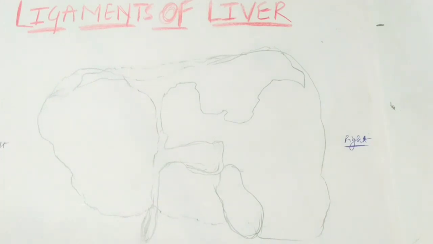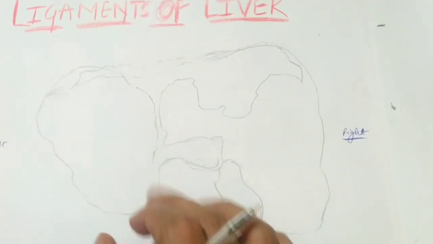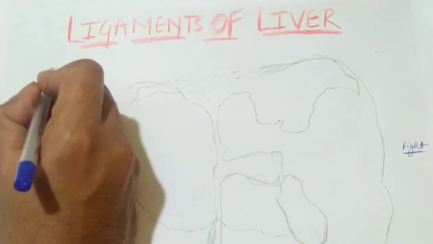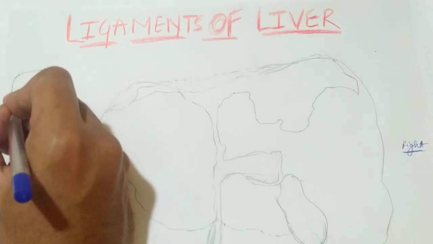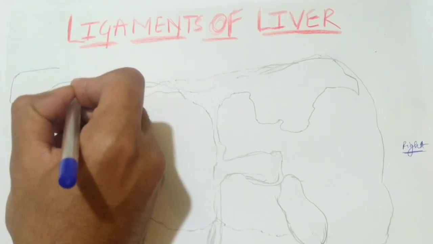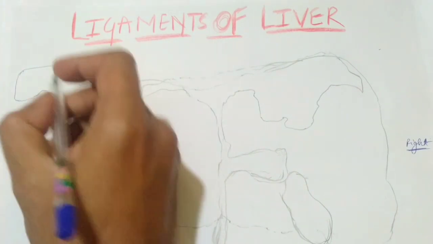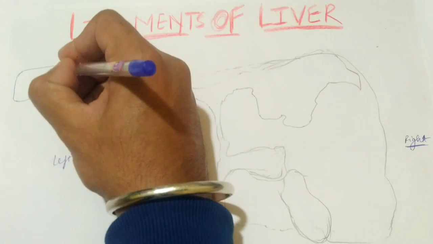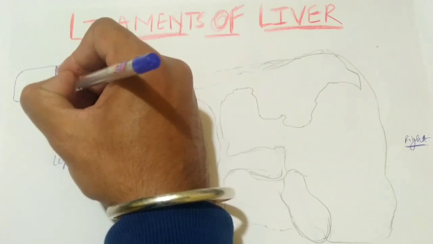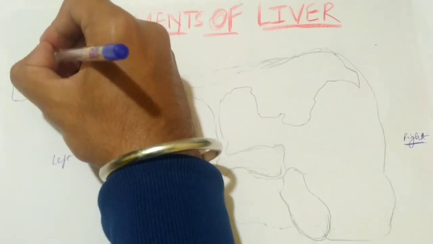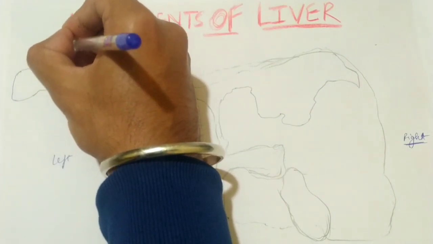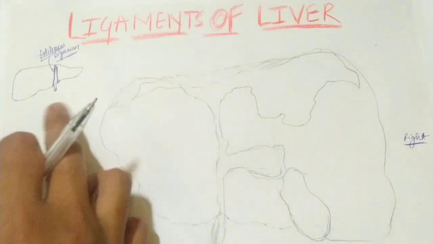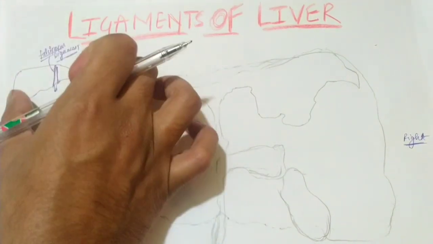So actually on the diaphragmatic surface, you will see a falciform ligament, okay? So falciform ligament, I will show you a small diagram of your diaphragmatic surface, okay? So like this, this is your diaphragmatic surface. So in between here is your falciform ligament, okay? From the anterior side you can see this as your falciform ligament. So first ligament, falciform ligament. This you can see on the diaphragmatic surface or the superior surface, and from the anterior side.